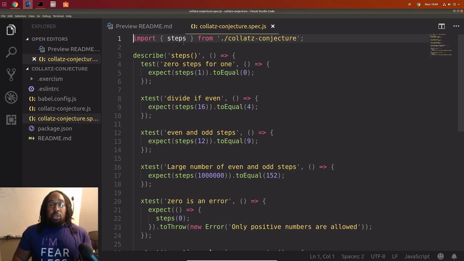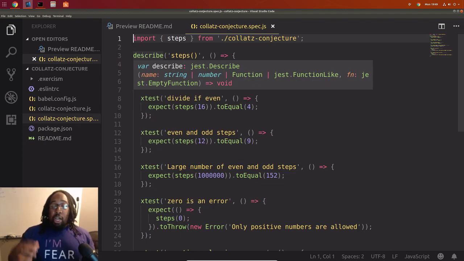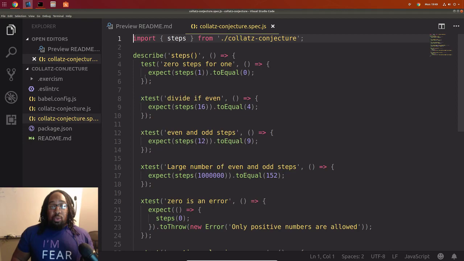So these tests were already written. I didn't write this. This comes as a part of the Exercism package. And it makes it easy because it guides us. It tells us how to code, and it's super overwhelming at first, but it teaches you how to read code for one, and to solve problems using these tests.